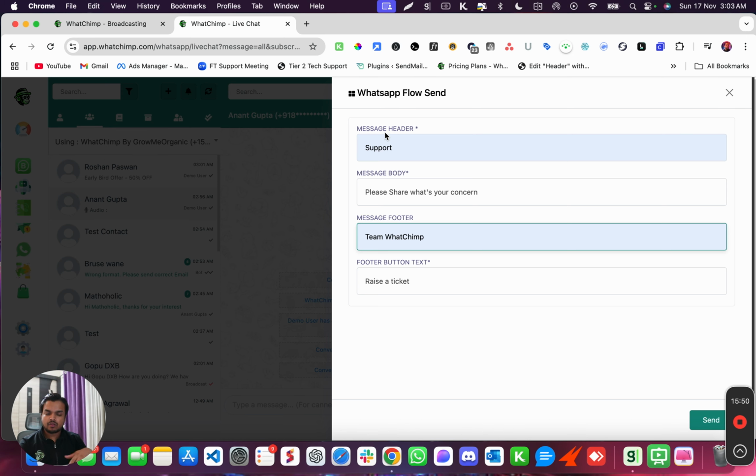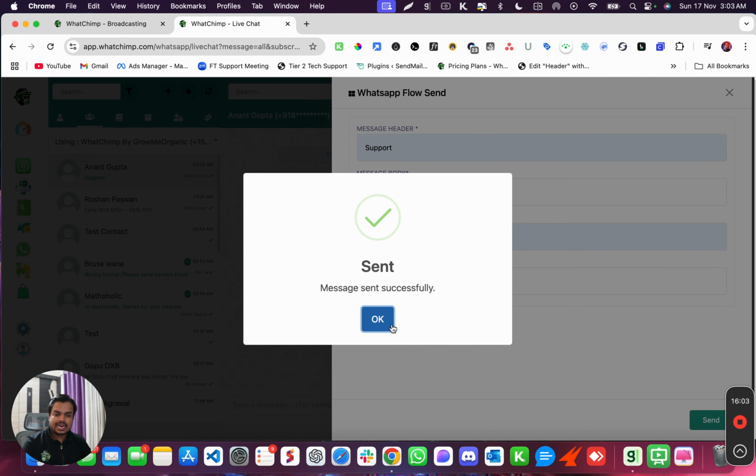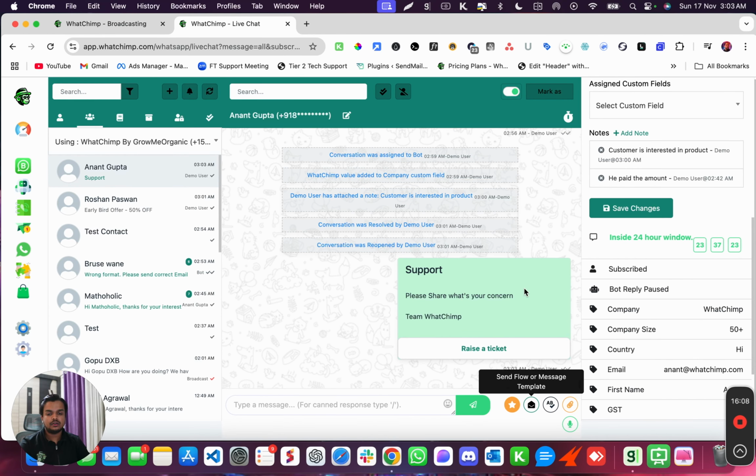So I've already created a form and it already has certain fields which are not showing over here, but the form includes two input variables. One is the category of your support and second is the support message. So now you can see the form is sent to the customer. So let me just fill the form so that you can see what exactly you're going to get once the customer fills the form. So I'm going to click on the raise a ticket button and then I'm going to fill the form. So I'm going to select the category as technical support and then